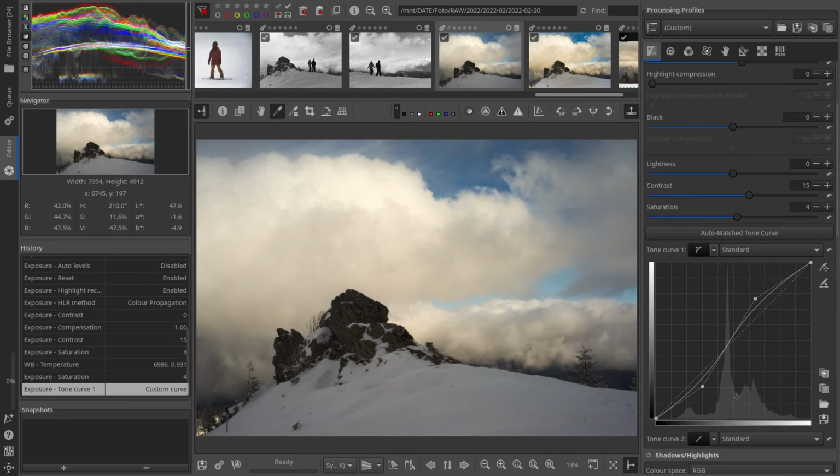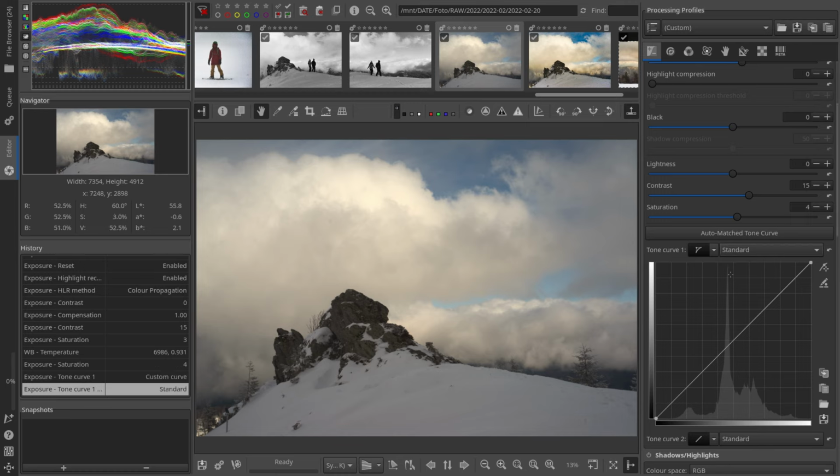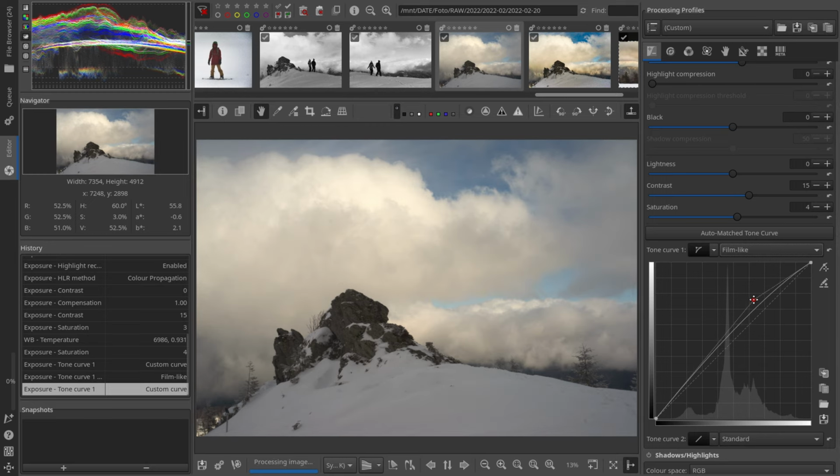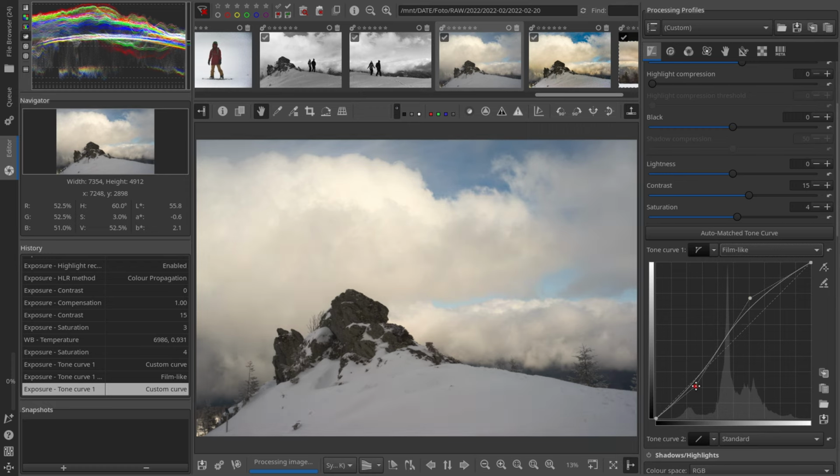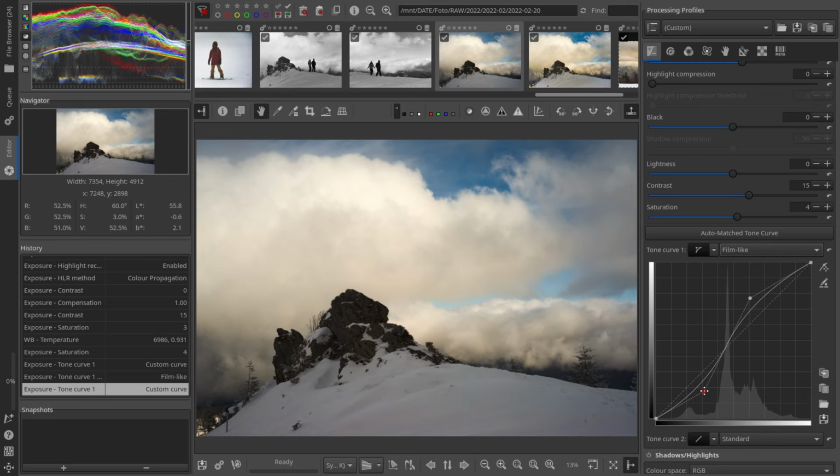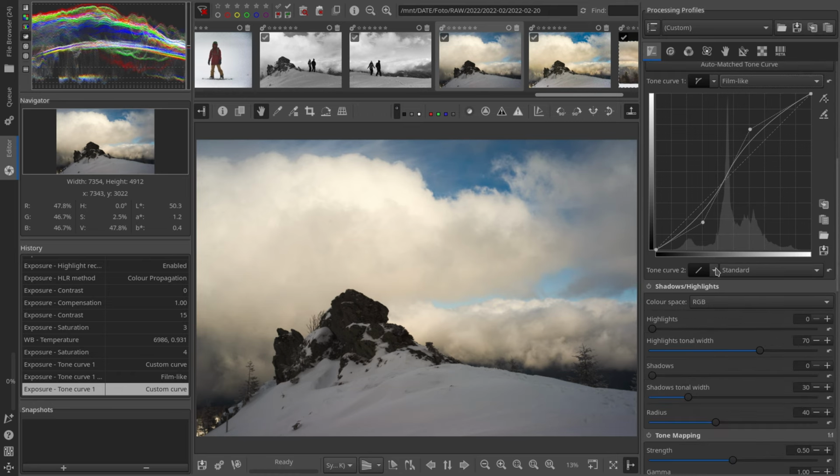Let's open curves here. I'm going to reset this because it remembered my previous setting, and choose film-like. This is the profile, or let's say the algorithm the curves setting uses, and as the name suggests, it's kind of cinematic. It's almost film-like. I'm drawing a bit of an S curve here to get really punchy tones in this image,